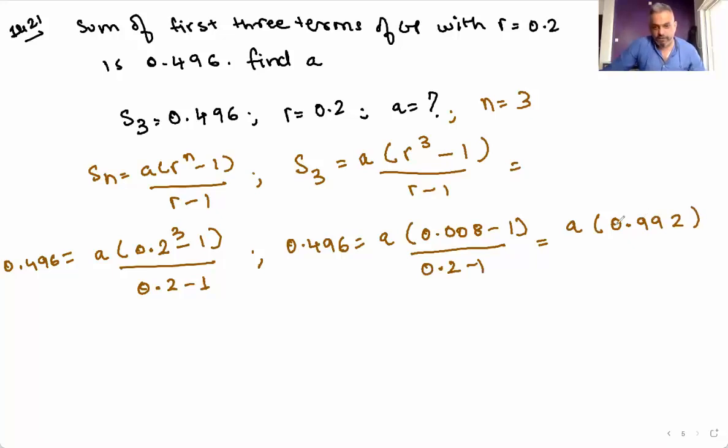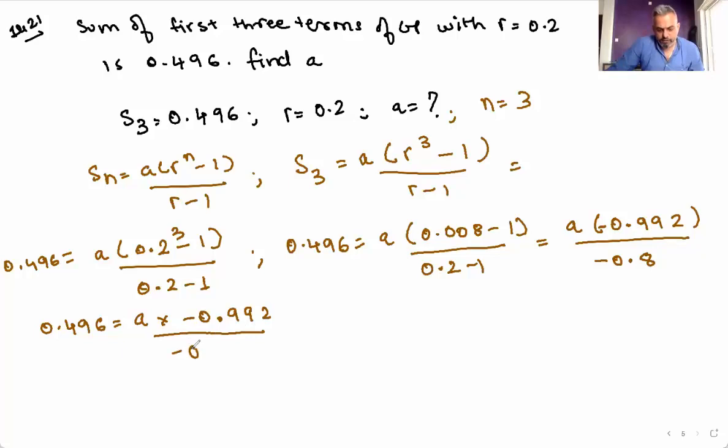Now this is negative upon minus 0.8. So I rewrite it: 0.496 is equal to A into minus 0.992 upon minus 0.8. So we cross multiply, therefore A is equal to